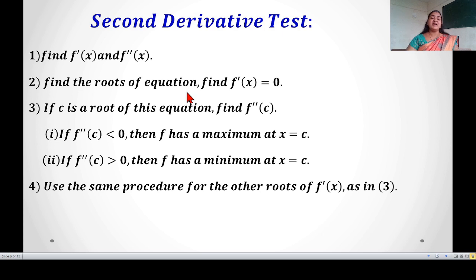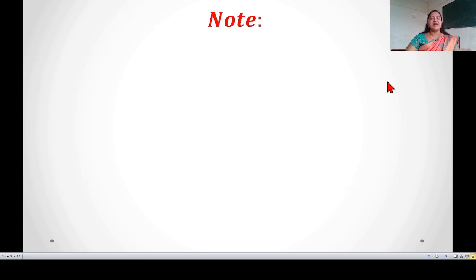Now when you find the maximum and minimum of a function, the second derivative test is the most convenient. So whenever we solve examples for maxima and minima, we can use this test, which is the second derivative test. Now we can see here a note. Our first note is